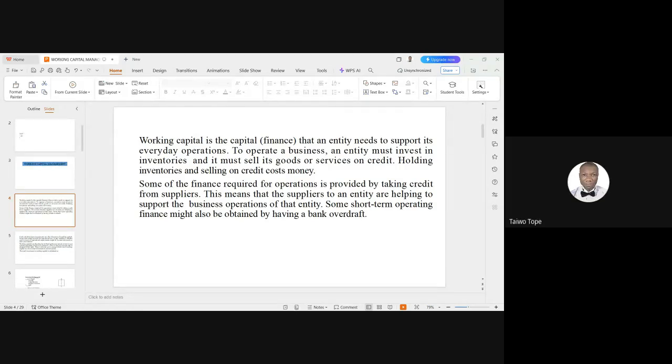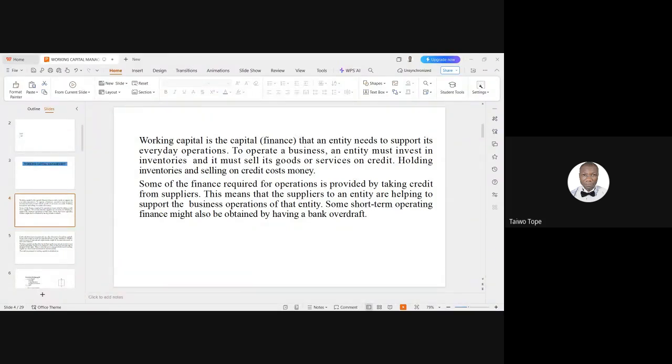I said they will lose their major customers. Okay, they will lose their major customers, in terms of, is it their suppliers? Yes, sir. They will not pay back on time when suppliers provide materials. Very good. So when we have inadequate working capital, one of the effects, in addition to what you stated,